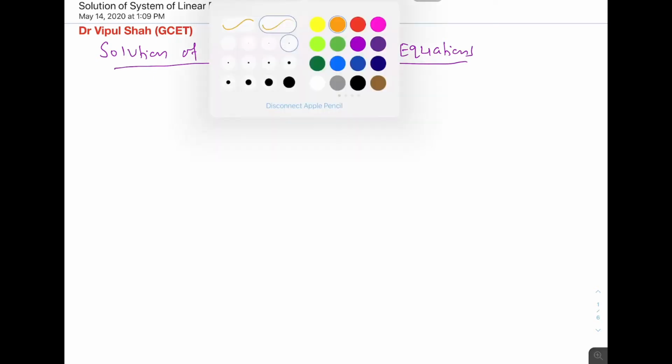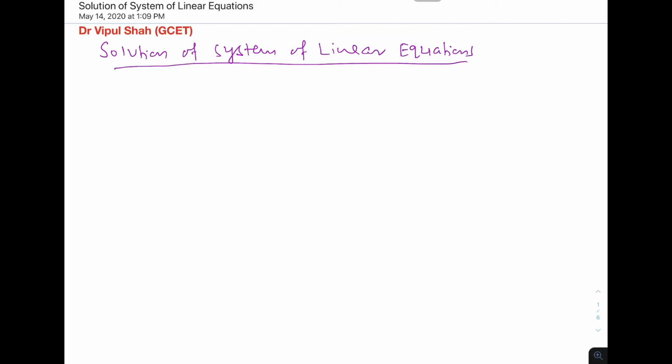So first let us see how the linear equations are represented in terms of matrix. So I am just taking say 4 equations like this, and 4 variables. There may be m equations and m variables, but just for the sake of understanding, we are considering 4 equations.